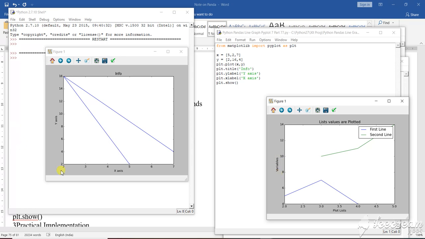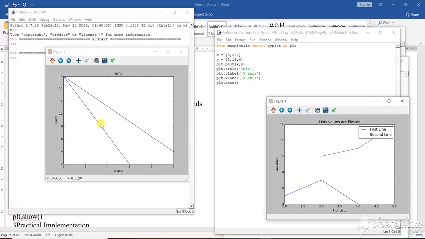So these are the two different structures that have been plotted in this particular scenario. This is the output of this one, and this was the output of the previous one. Why I have brought this here: you see how the thing has been done. From here you can get the clear idea what to give and where to give. This is the title of the graph. This is your y-axis. See here very clearly, this is the y-axis and this is the x-axis.